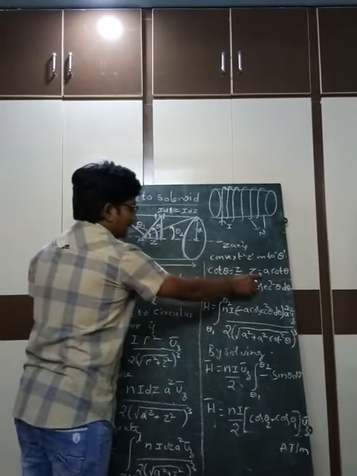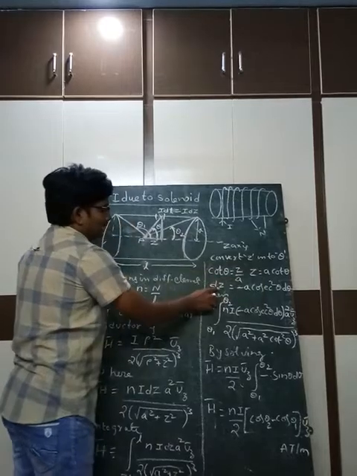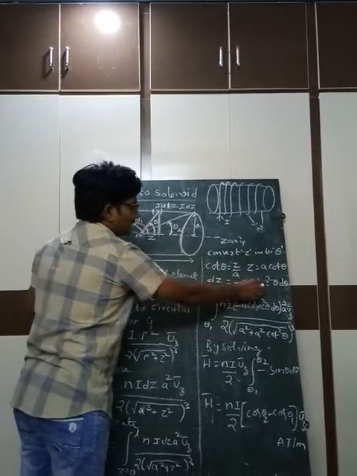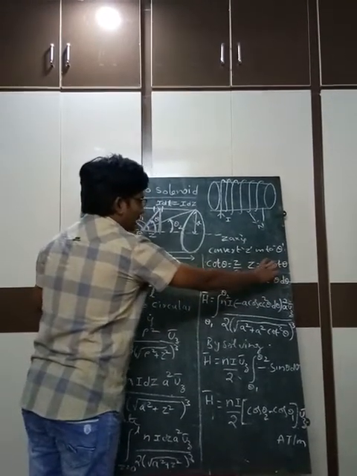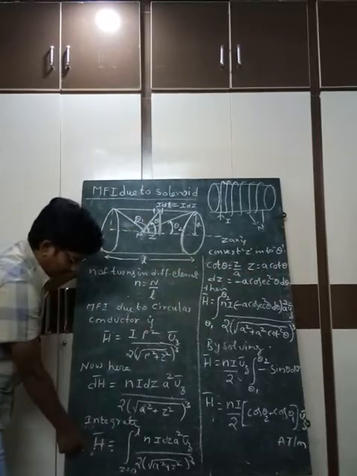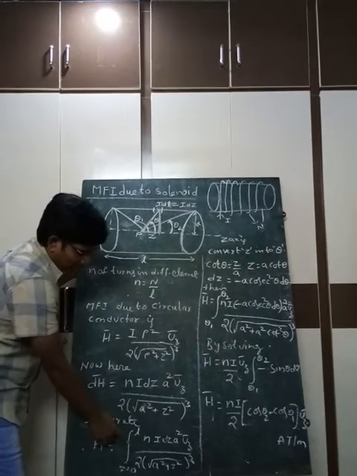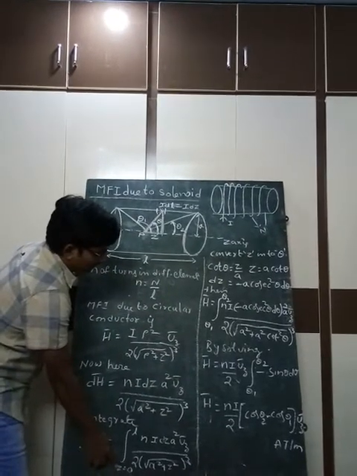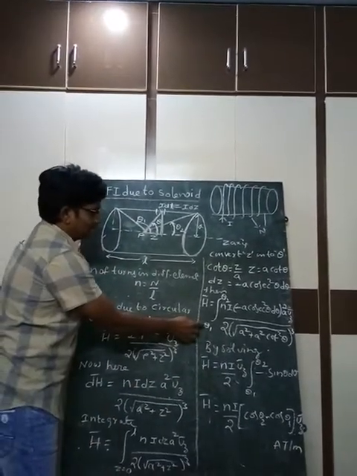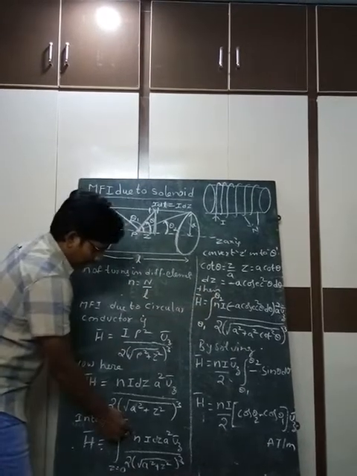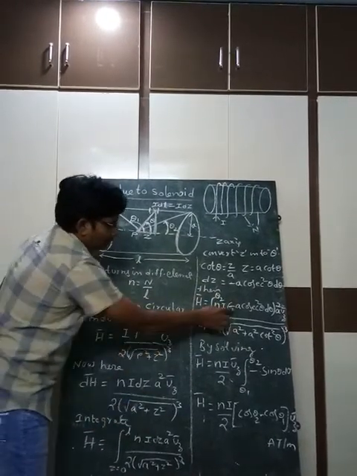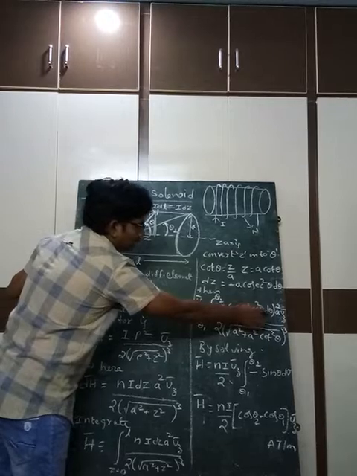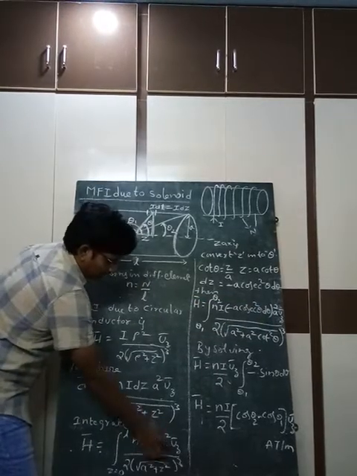So differentiating this equation on both sides, we get dz is equal to minus a cosecant square theta d theta. Substitute these two in the actual equation. Then H bar is equal to the integral, and we are converting these z limits into theta limits, and the limits of theta are from theta 1 to theta 2. N into I into dz means minus a cosecant square theta d theta,